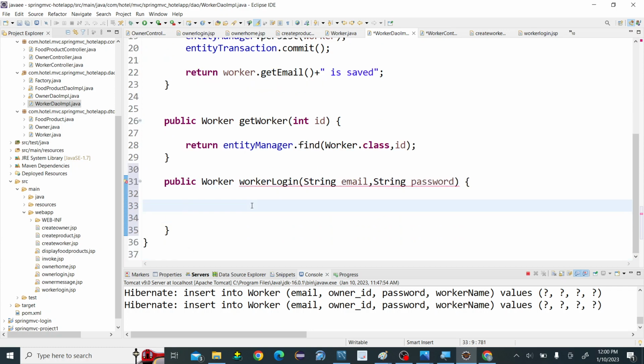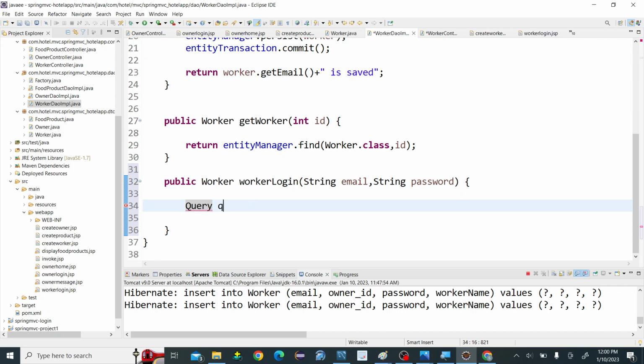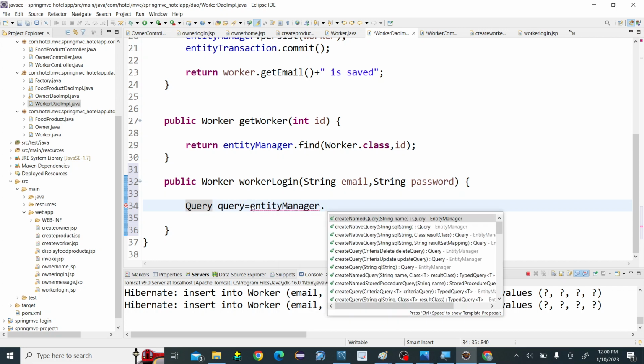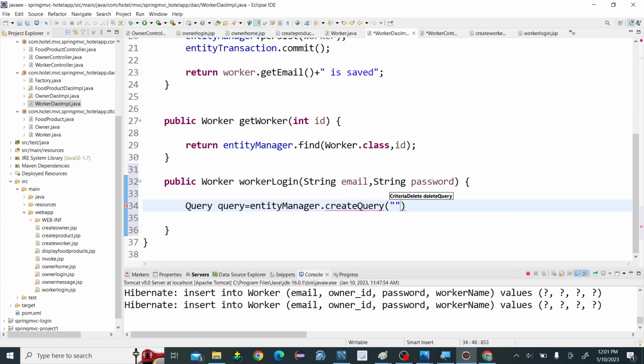So we'll be using Query, which is from the persistence package, javax.persistence.Query. Entity manager dot create query. So we have to use a JPQL command, that is Java Persistence Query Language. Select, aliasing is a must in this. Select w from Worker w where